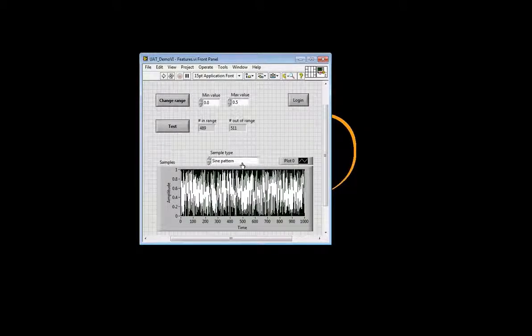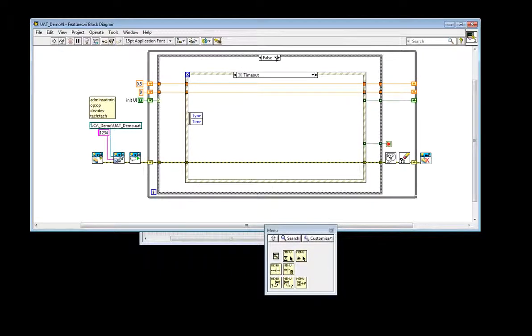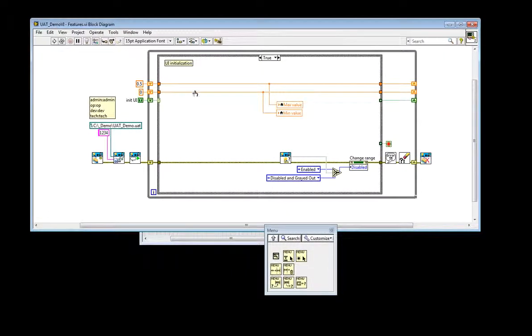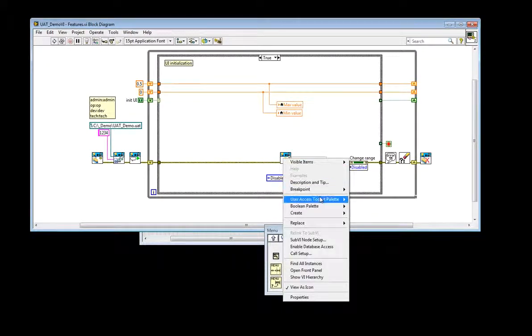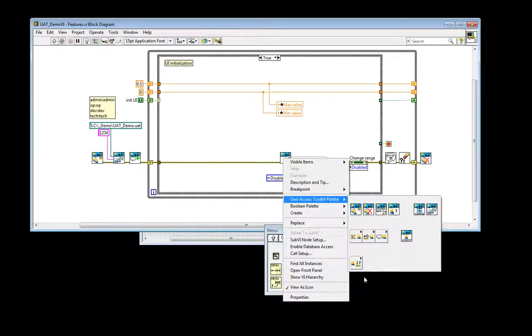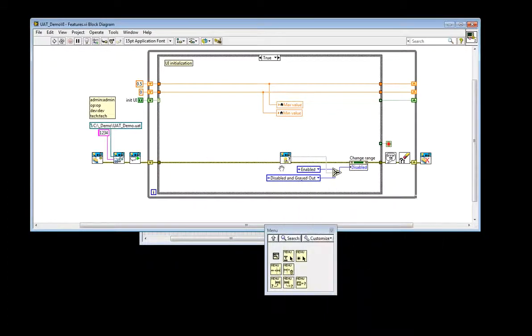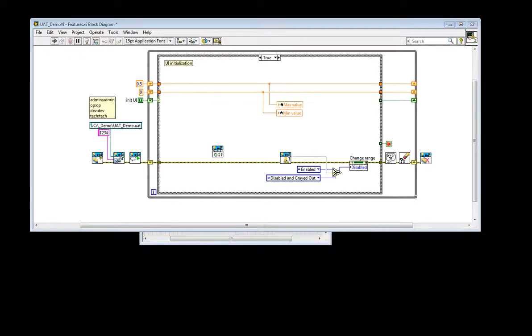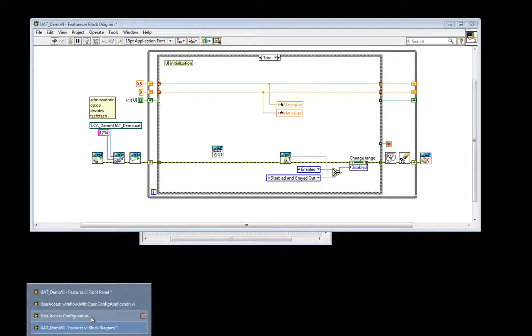And now I would like to limit the different types to different kinds of users. To do that, I can do like this. Again, in the UI update or initialization case, I just add a feature check. And what kind of feature do I have to check? Well, in the user access configuration